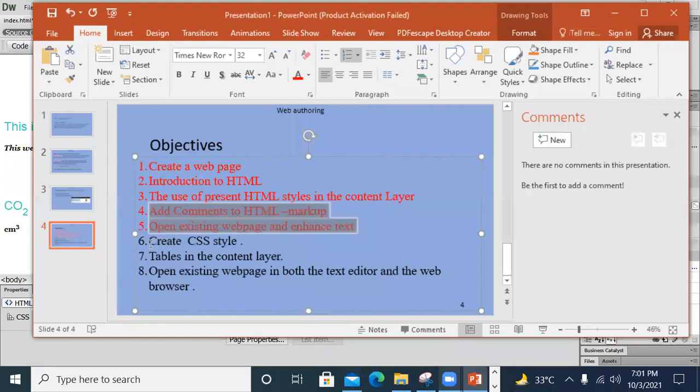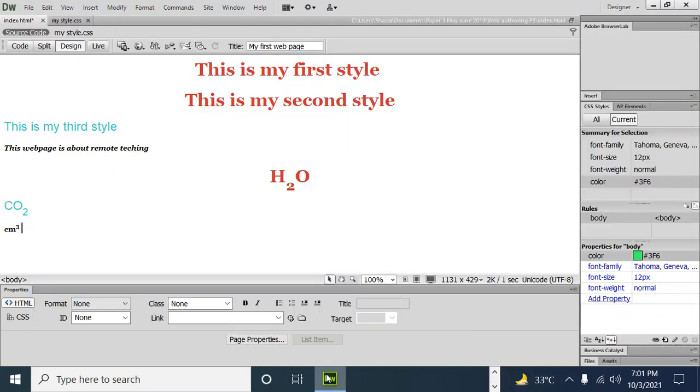So the CSS style, we have created it, and we have even attached it with our web page. Tables in the content layer, and open the existing web page in both the text editor and the web browser. So just go, there is only one last step left. I will discuss designing a table in detail in my next video. So far, just learn how to attach a simple table to the content layer.